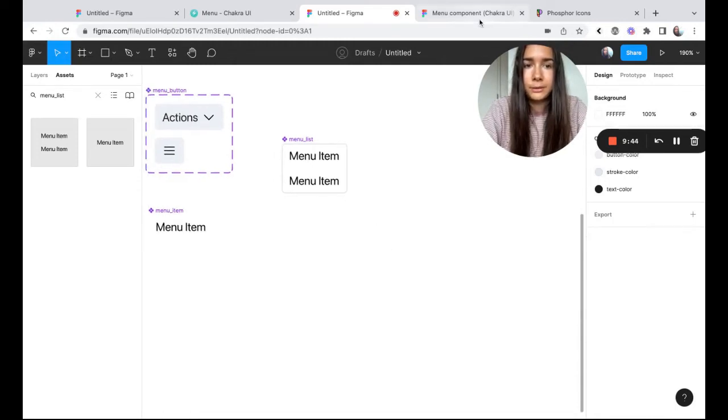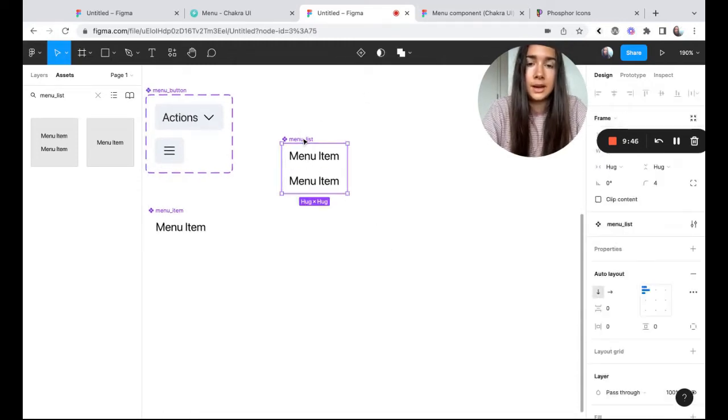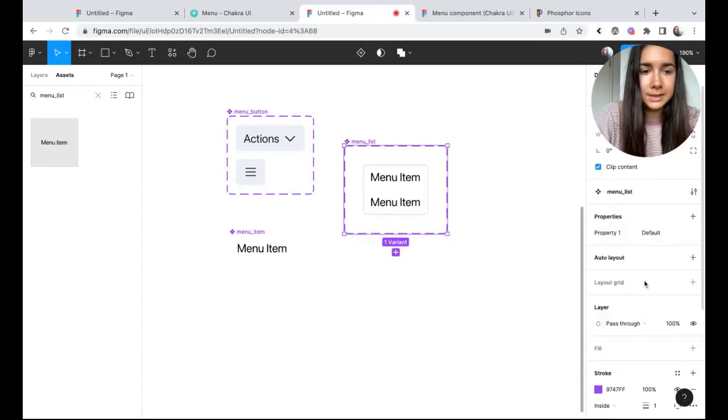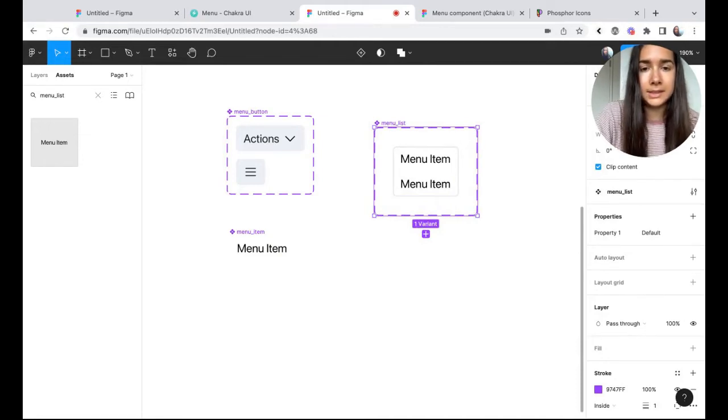So now that we have added our styles, we can add a couple more variants that will have different number of items inside the menu list. So to do so, we're going to select our menu list component, and then we're going to go to properties, click variant, and now we created a component set, which just has one component.